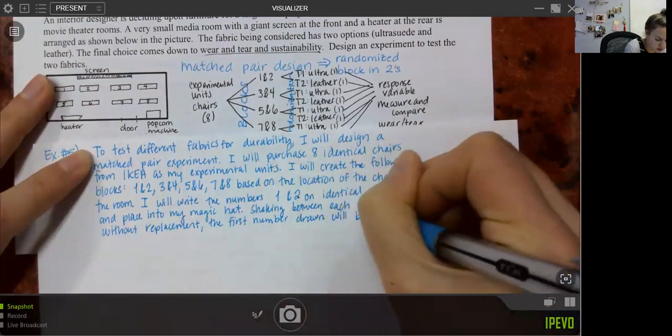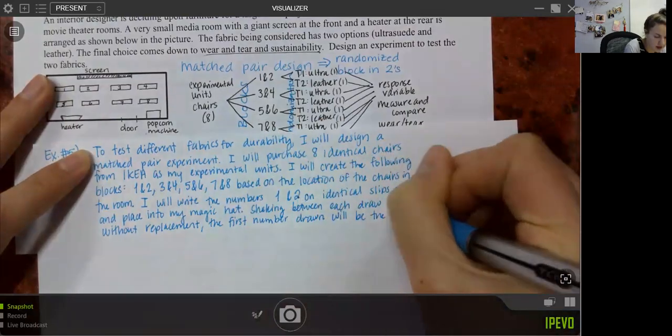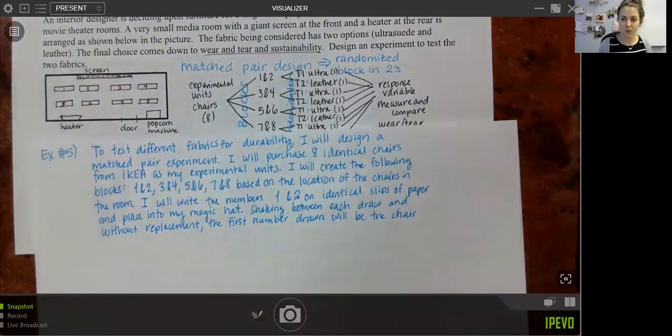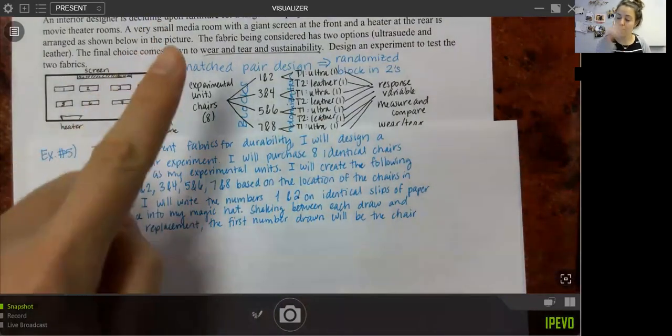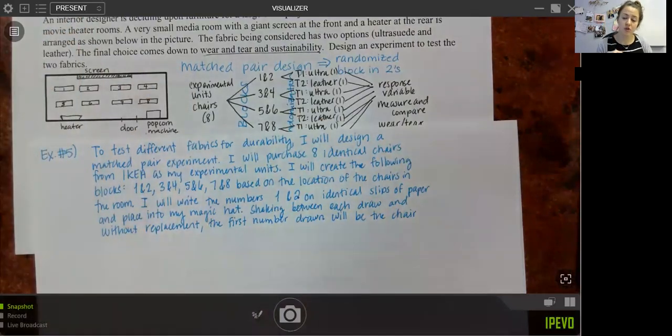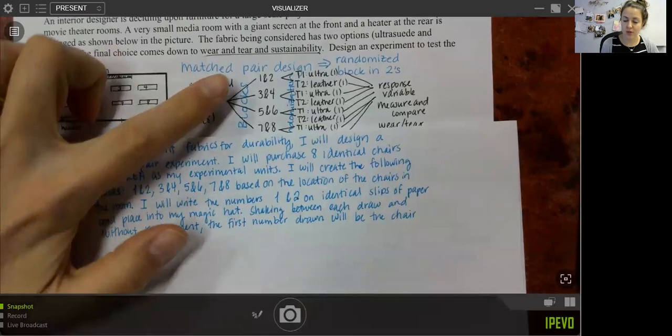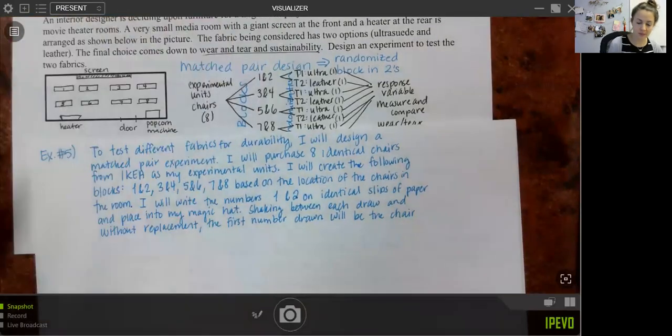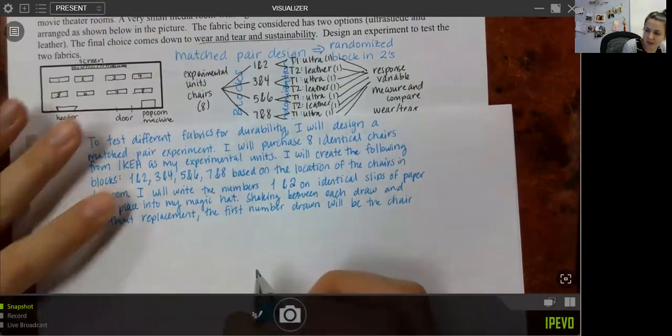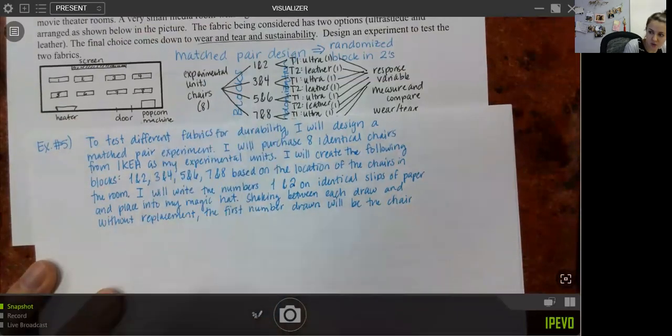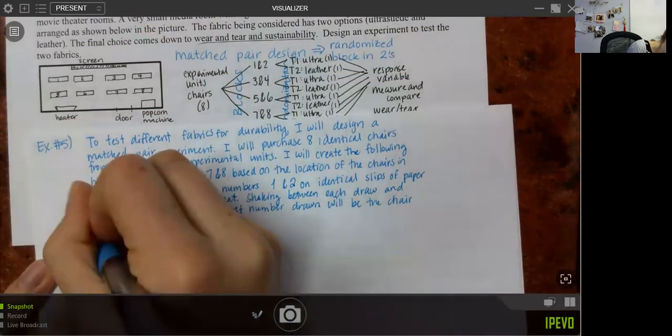will be the chair. Okay, now this is where I get to decide. Will the first number go into treatment group number 1, or will the first number drawn always go into treatment group number 2? Okay, so I'm going to define that. If I draw a 2 first out of the bag, they're going to go to the first treatment group, no matter what. The first number drawn will be the chair to go to treatment number 1